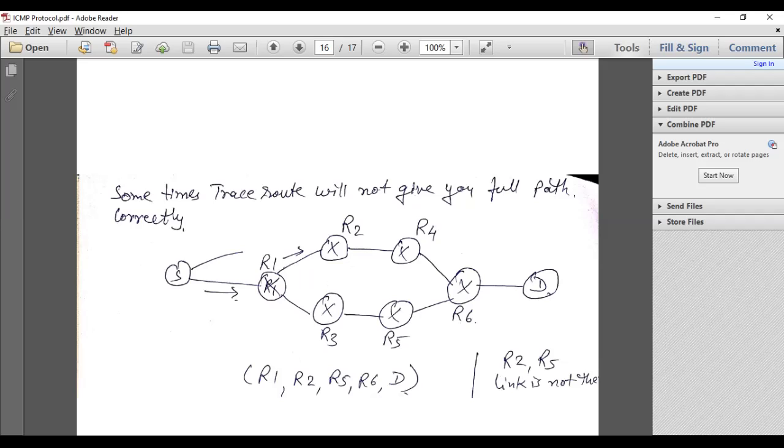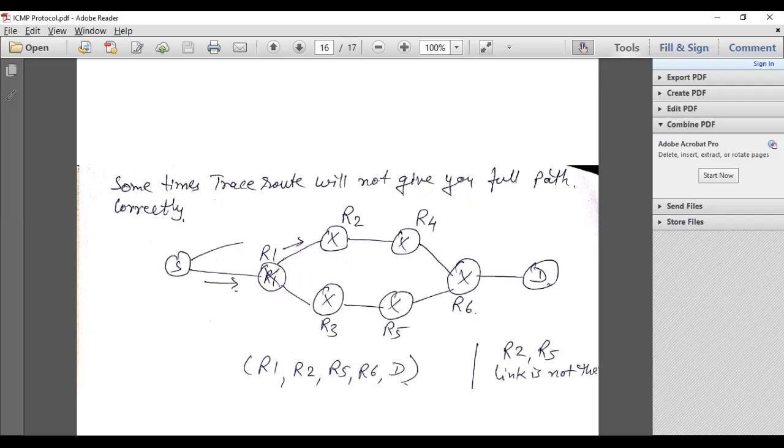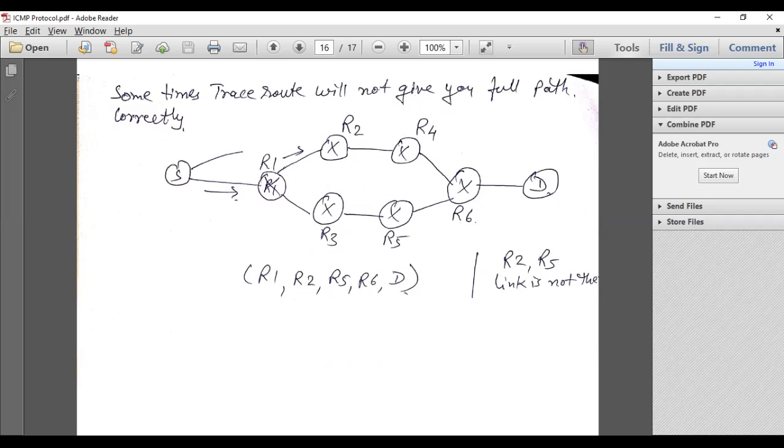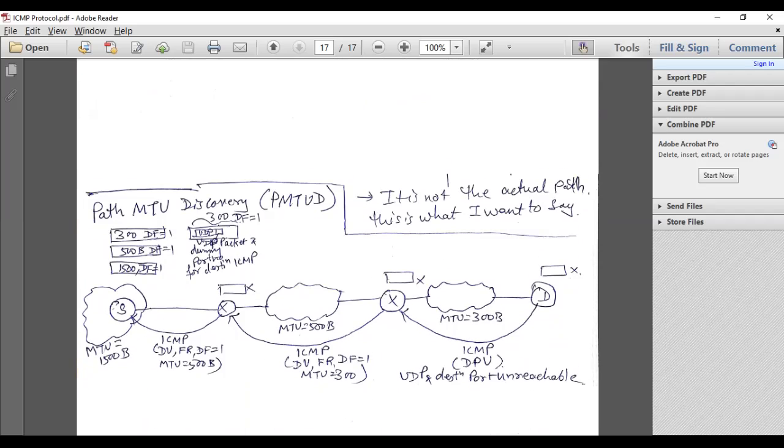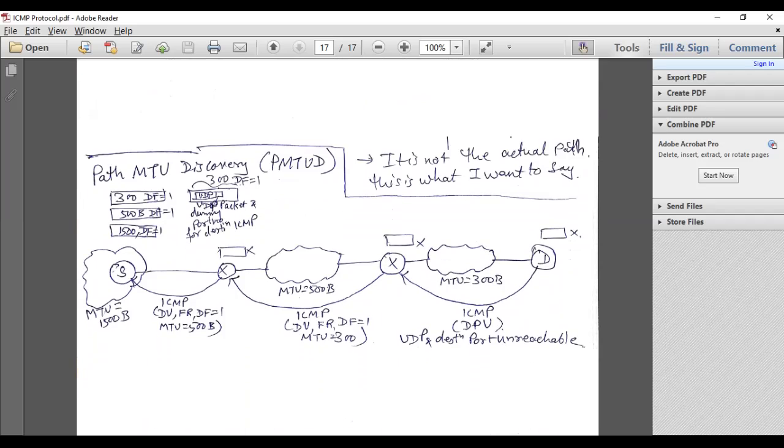It is not the actual path actually. So this is what I want to say, that the ICMP reply will not guarantee that the actual path would be available, right? So it may not be, and even though there is a path, this path will not change, right? So next in the category is the path MTU discovery